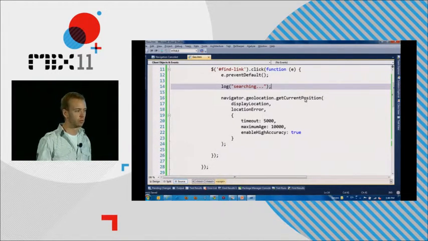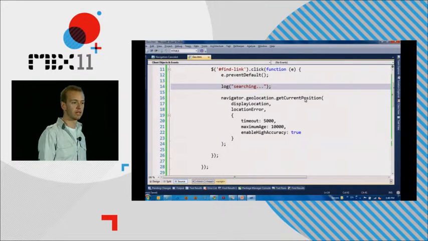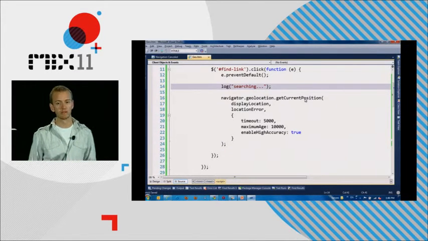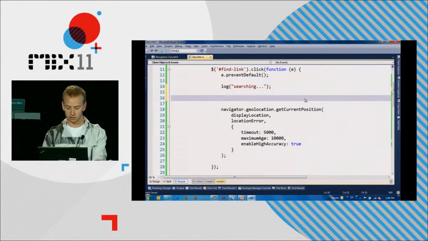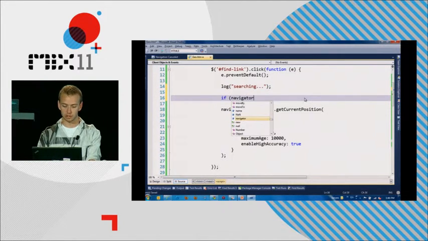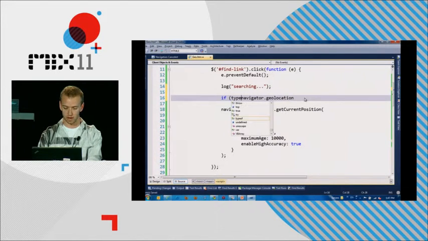With this, even in the browsers where it does work, you're going to have scenarios where you can't get that location back. You're just not going to have the hardware to do it. So you're going to have to code a scenario that works with that anyway, where you let the user enter their location statically, or you just give them a list of all stores or something like that. The best part about being JavaScript, obviously, is that it's really easy for us to detect whether it exists. So I can just say typeof navigator.geolocation,